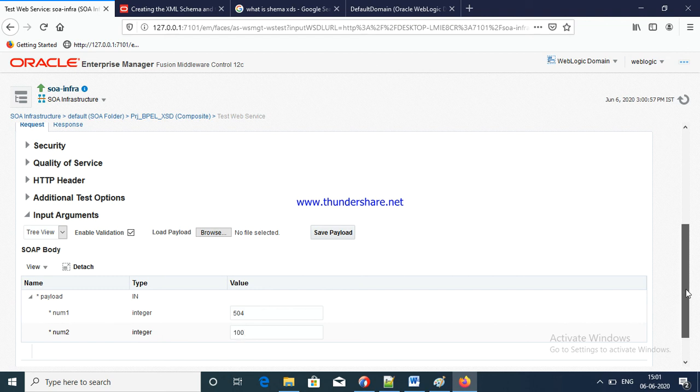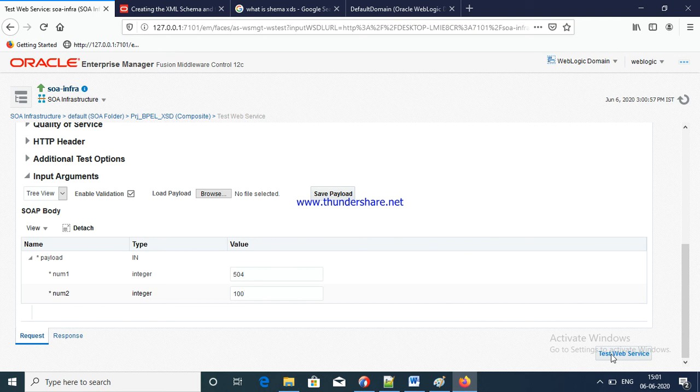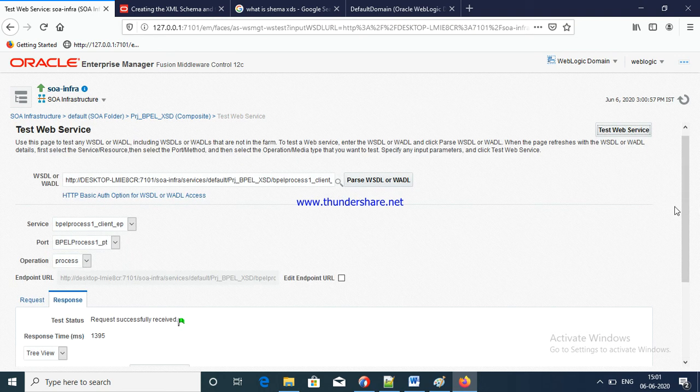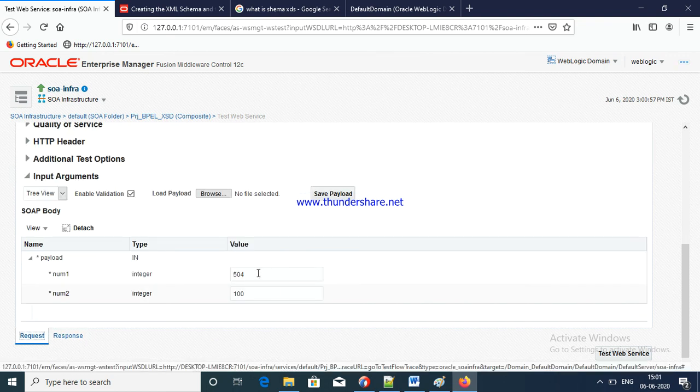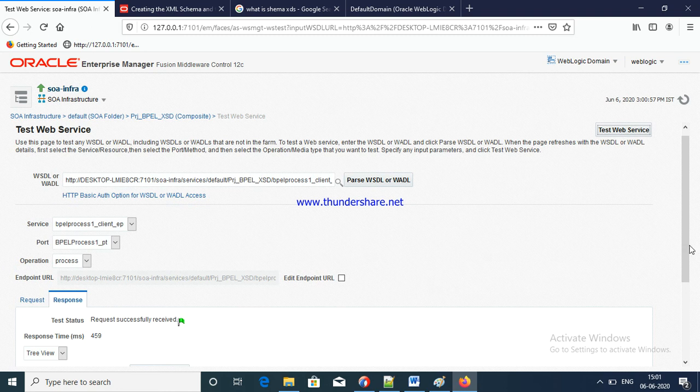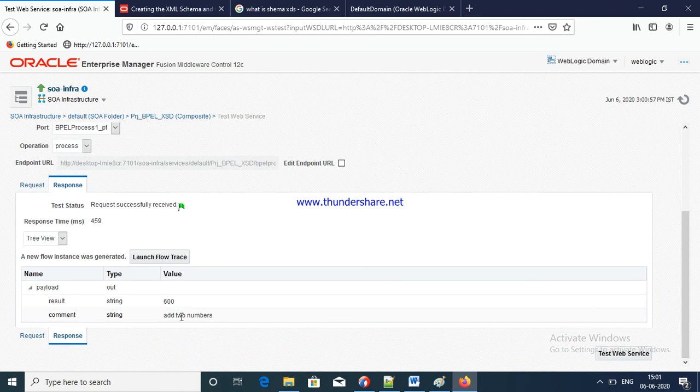Now go and click test web service. Just we are waiting for response. Now go and see here output request, it will come. Again you can give second time also. Okay, 500 and click test. Same way 600, add two numbers.